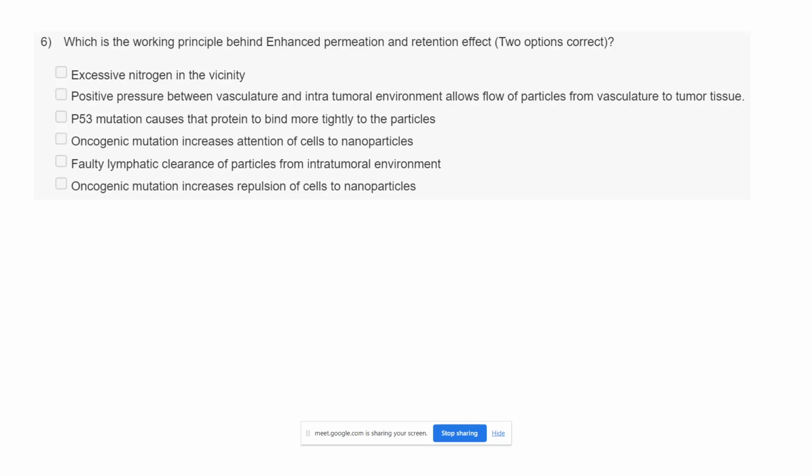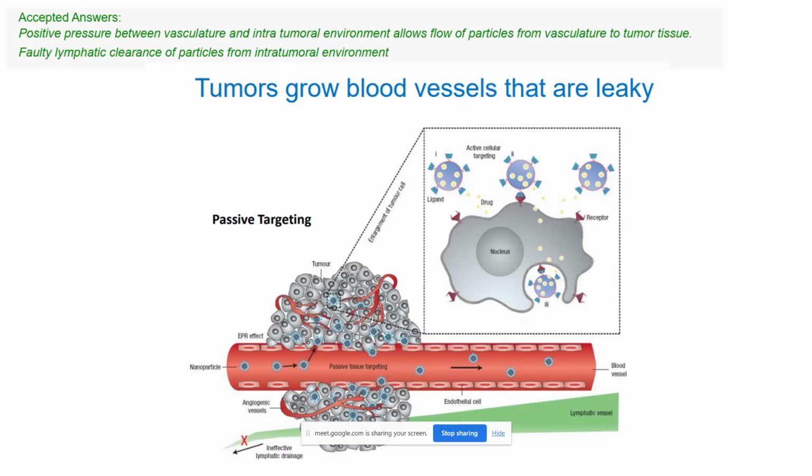Okay. So I think only one person answered the second and fifth option. That is correct. Positive pressure between vasculature and intratumoral environment allows flow of particles from vasculature to tumor tissue, and the faulty lymphatic clearance of particles from intratumoral environment. So what is enhanced permeation and retention first? As you can see here, this is a blood vessel and this is a tumor environment. So when a